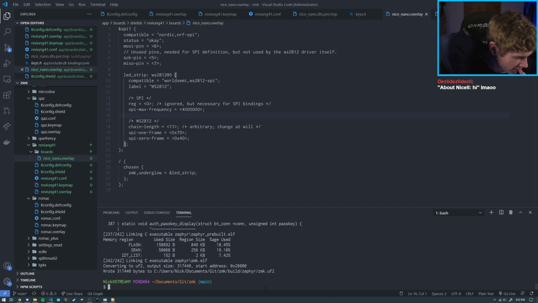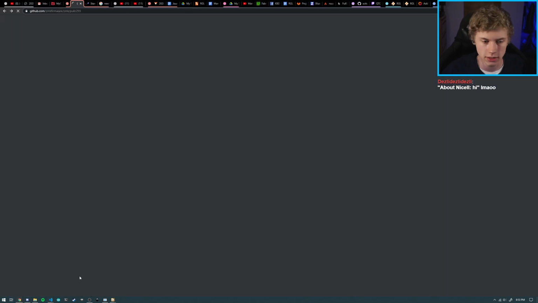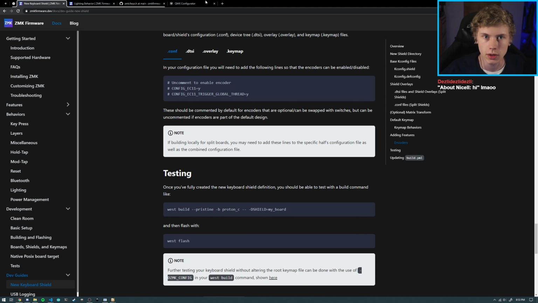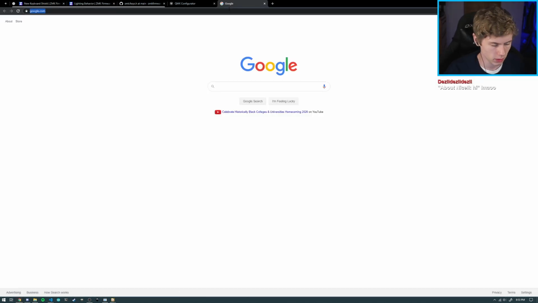Though if your battery doesn't have much of a charge, yeah. Is OLED supported in ZMK? Not really. I think it's technically... Oh, what am I doing in here? Okay. It's technically supported, but, oh,